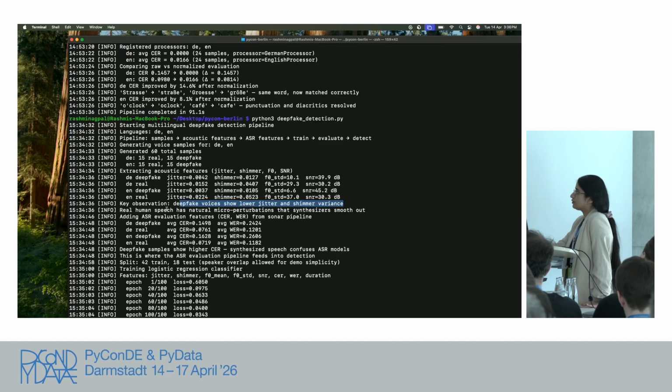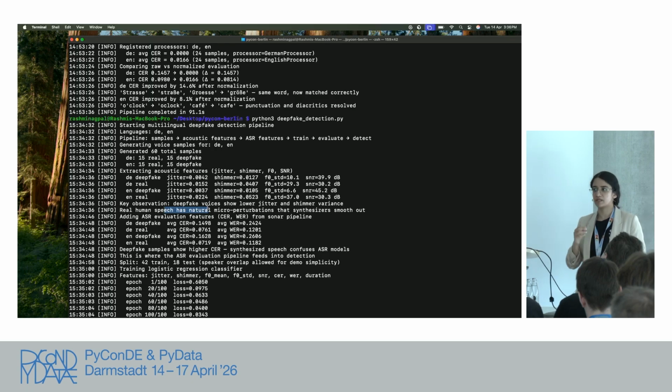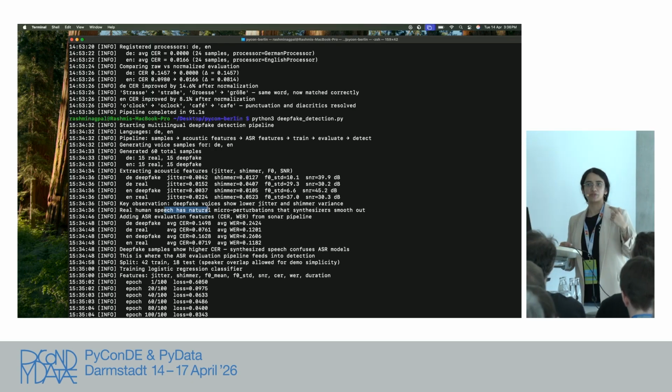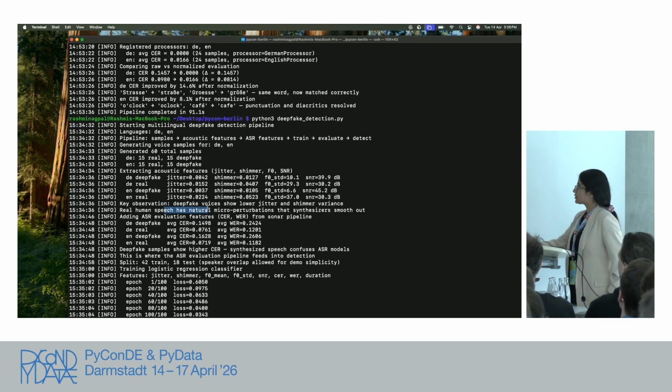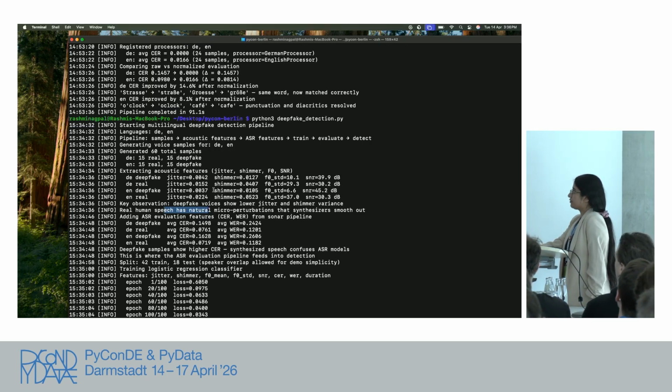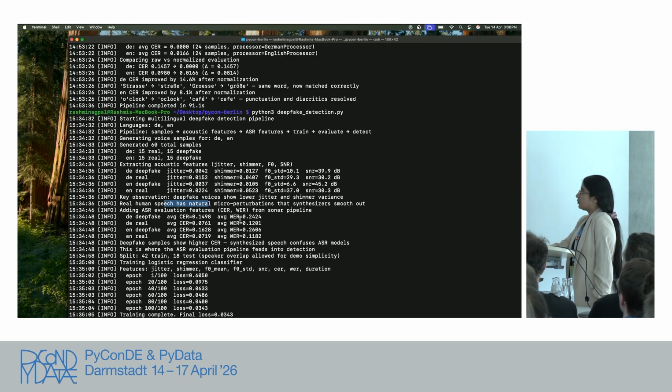For human speech, we have this natural variance. Sometimes I'm speaking with high variance, sometimes lower variance, right? It depends upon the pitch, loudness, all these different acoustic features. So this is our verdict, which is coming from this model. And then you get the word error rate and character error rate.